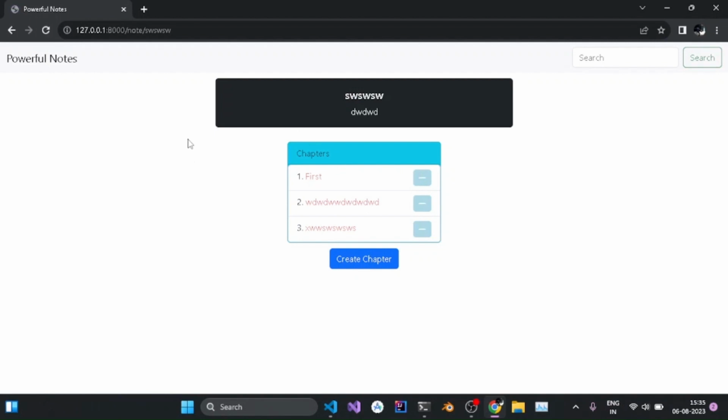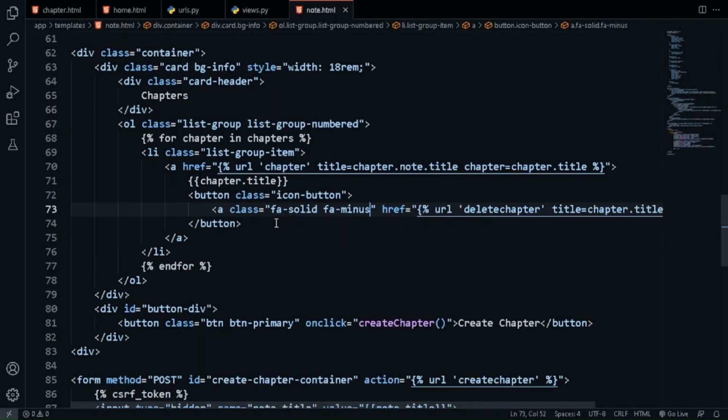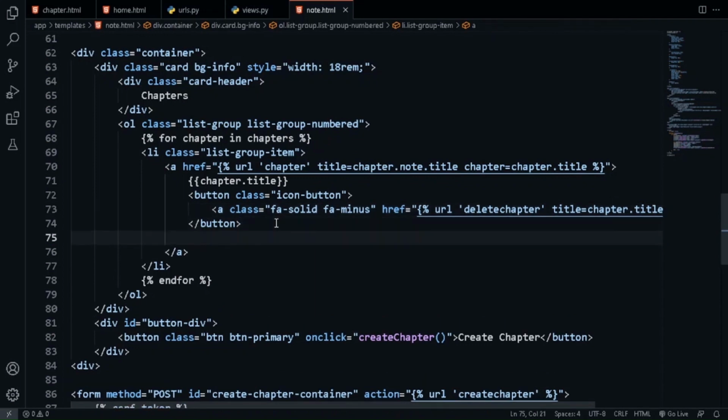Okay, now it's showing. Now we want the update button in here, just beside this minus button. So where did we create the minus button? We created it under the title. We will create the other one also here itself. Under this one we will create a new button,